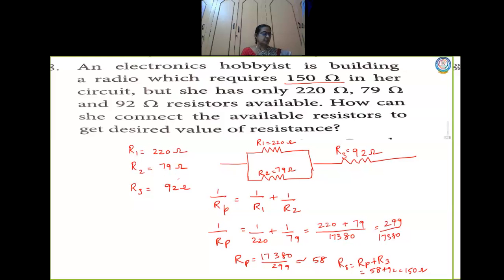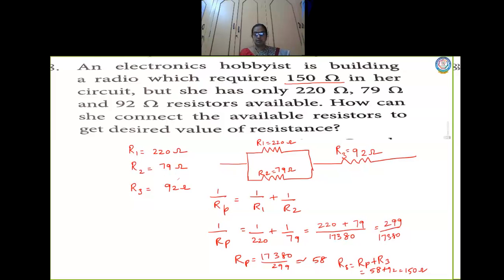Now take page number 305 in your textbook, children. Have you taken it? Now look at the experiment. The first experiment is determination of specific resistance of the material of the coil using meter bridge. Go through the aim, apparatus, everything. Is it clear for you? This is what I was discussing with you. This is a practical experiment for you, and you have to look at the aim of the experiment. The aim is to determine the specific resistance of the material of the given coil using meter bridge.